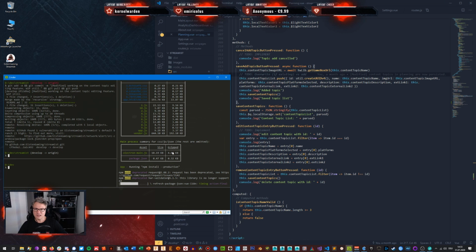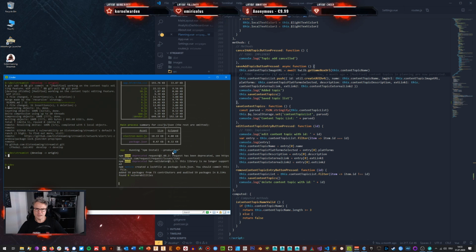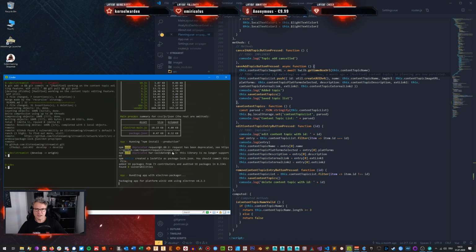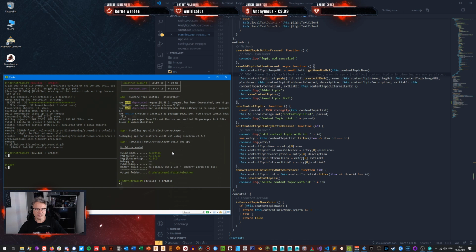So this is the build. It will run a lot of background jobs. And as you see, it takes a bit of a while because it does a lot. I mentioned in the beginning that Quasar CLI, the command line interface, does a lot of development tool automation. And this is really what you want, because it does a ton of stuff, like adding the icons for the windows, like packaging all the stuff. This is done automatically.